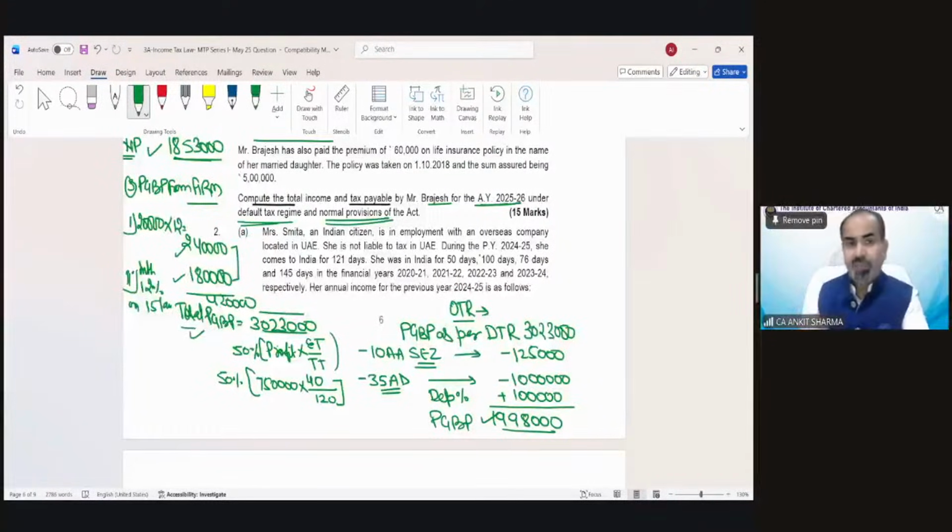Understood? If you go through each piece of information which has been given in the question, and recall the provision before applying it, that would not be difficult. You would be able to find out the correct business head of income. It is not difficult at all. There are 2 main reasons because of which you actually make mistakes.